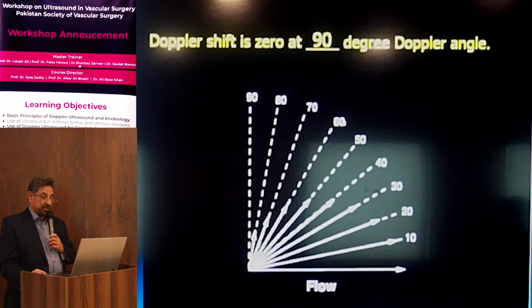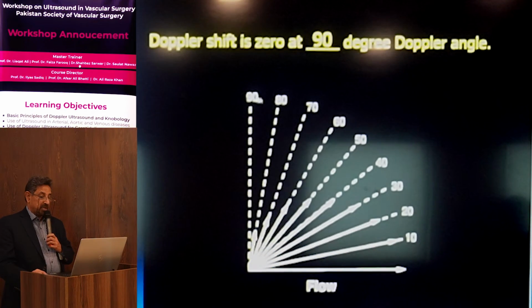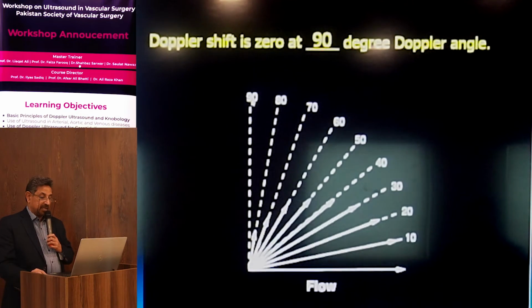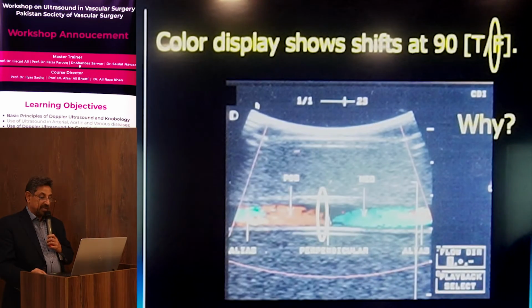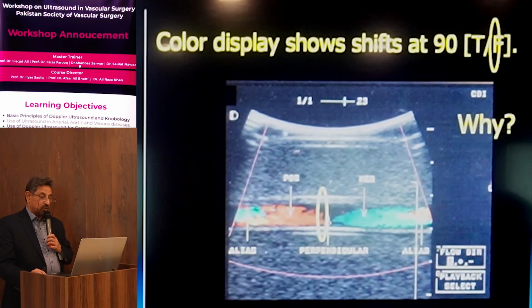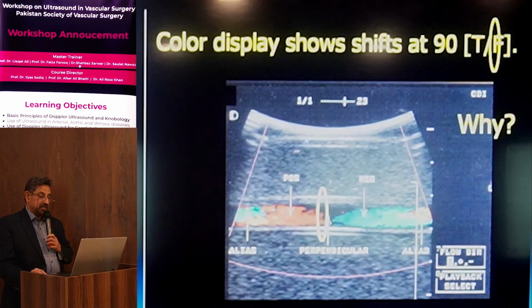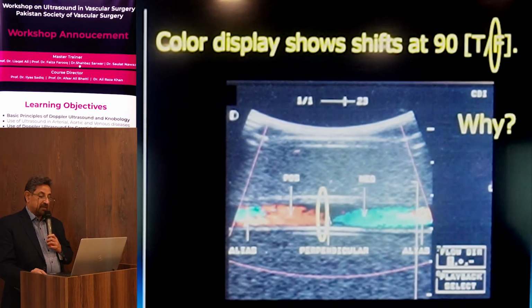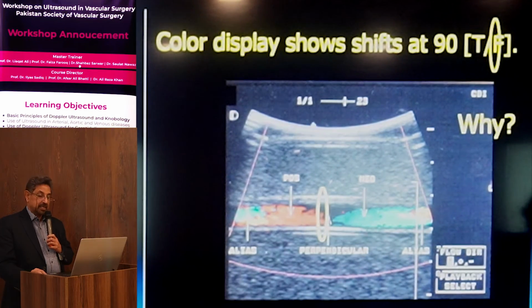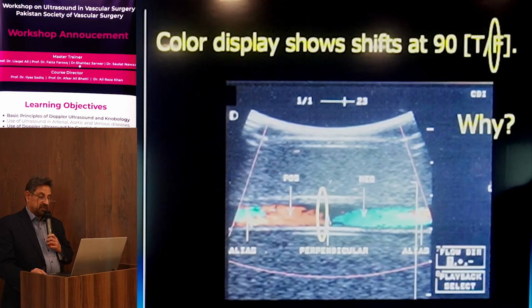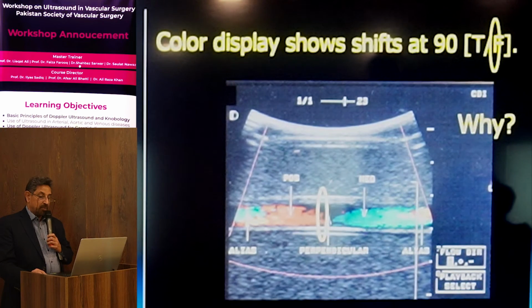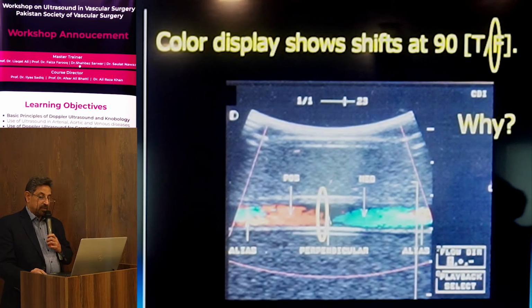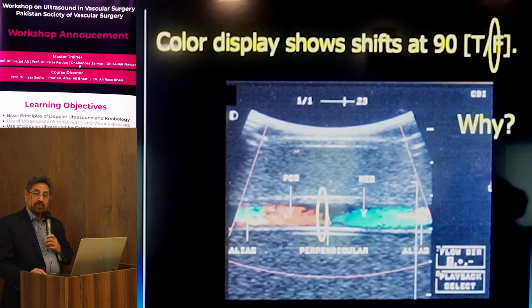Very important point. You see here the ultrasound beam is striking this vessel at an angle. You are getting the highest frequencies. You see the probe is here. These green and yellow colors are reflecting very high frequencies. And here there is a dead zone. The moment we come to 90 degrees, no color is seen, so no flow.